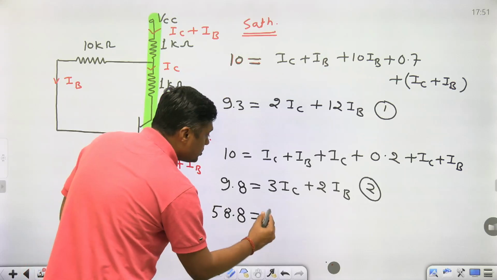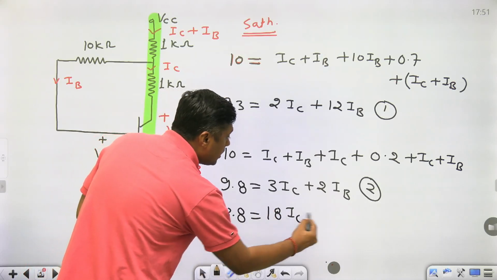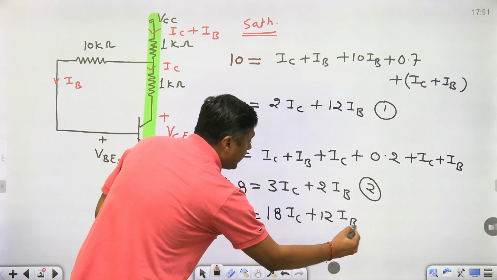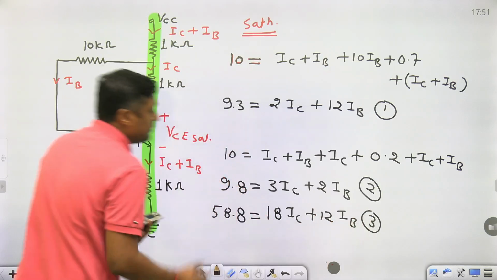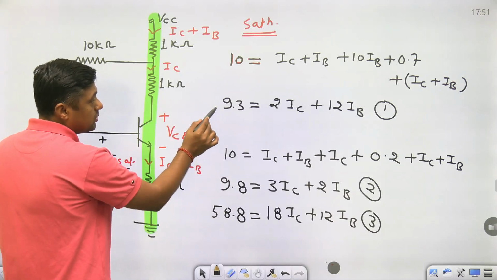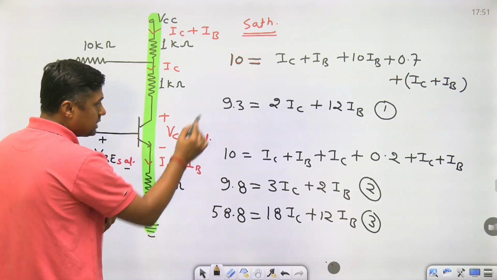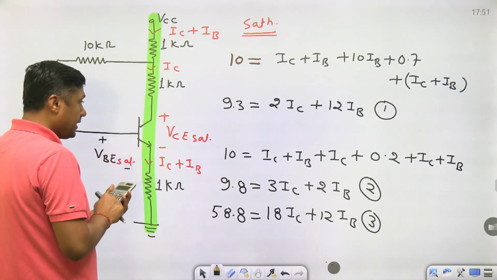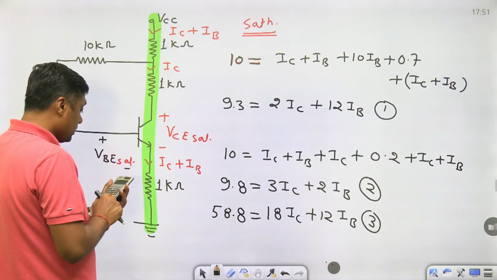58.8 is equal to 6 into 3, 18 IC plus 12 IB. I have multiplied, this will become equation number 3. This is multiplied with the 6. Now 3 minus 1. So what is the 3 minus 1? Minus 9.3. You will get